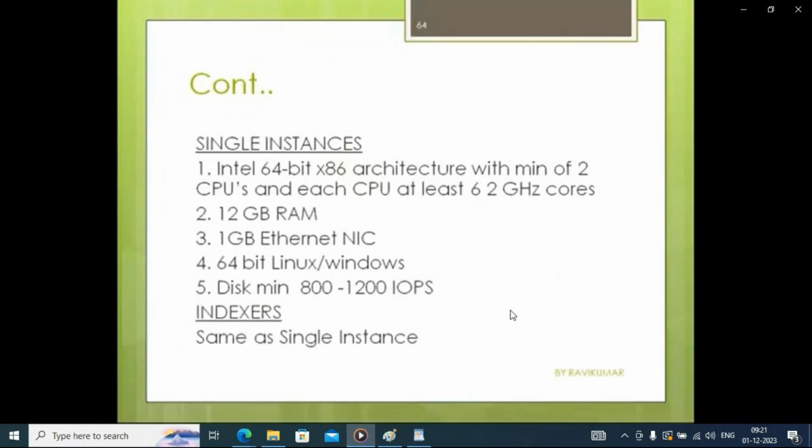So why I'm talking about this is, anyway, I'm going to show you everything, but theoretically it's really important to know these concepts before we get into the actual practical part. Right, so this is about a single instance. In case you have a single instance of Splunk, this is how you talk about the hardware requirements of Splunk. All right, now why we are learning all this is because whenever you talk about licensing, you should know